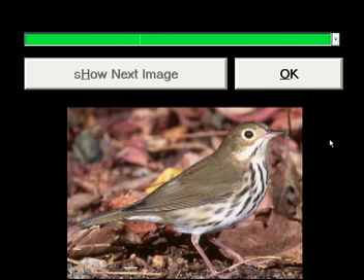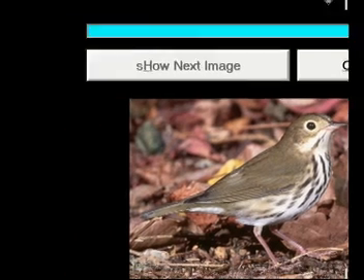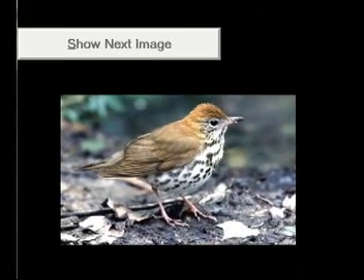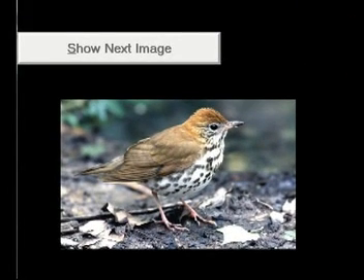and it's also smaller. So the ovenbird averages 1 to 2.5 inches smaller than the wood thrush. So it's a smaller bird, doesn't have that rufous red coloration on the head and nape, and it also has a central crown stripe. Both of these birds are readily at home sitting on the ground, and of course, when you see a bird like this on the ground, it's easy to confuse the two, but now you have some tips on how to separate them